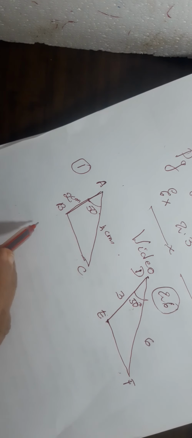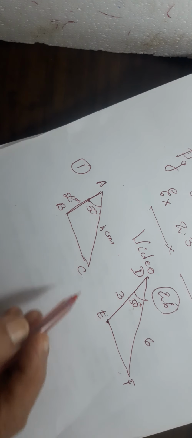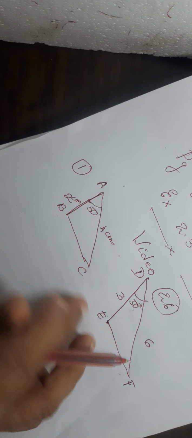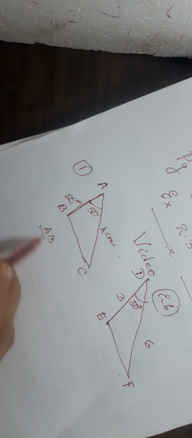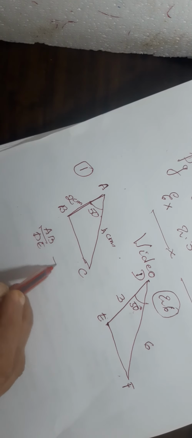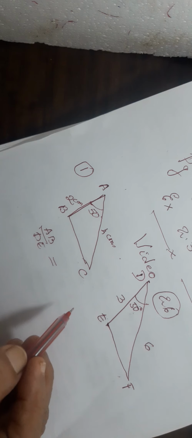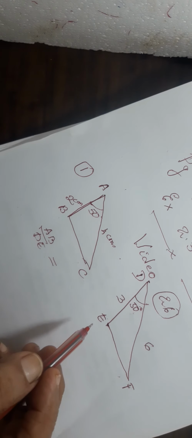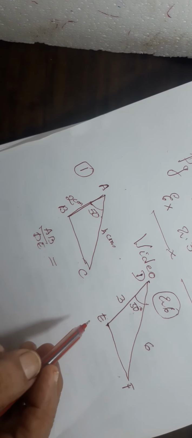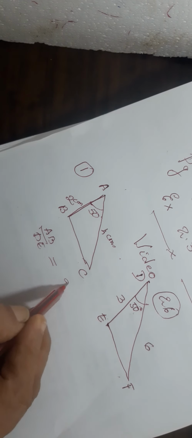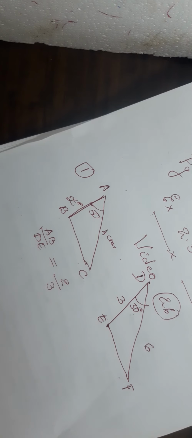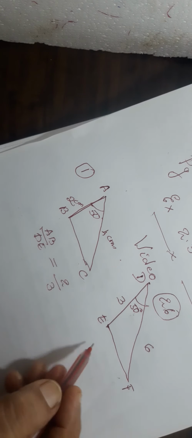See, I am going to take the ratios now. I am going to show these two triangles are similar. Why? Let us see. AB by DE. I will take the ratios because for similarity of triangles we have to take the ratios. For SAS or SSS we have to take the proportionality of the sides. So AB by DE is equal to 2 by 3. It does not cancel, so I will keep it as it is.